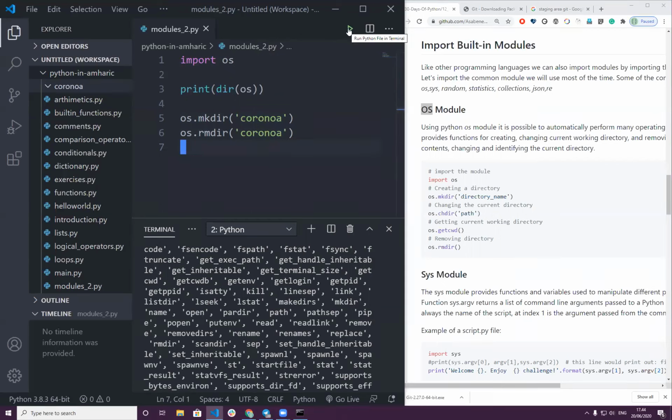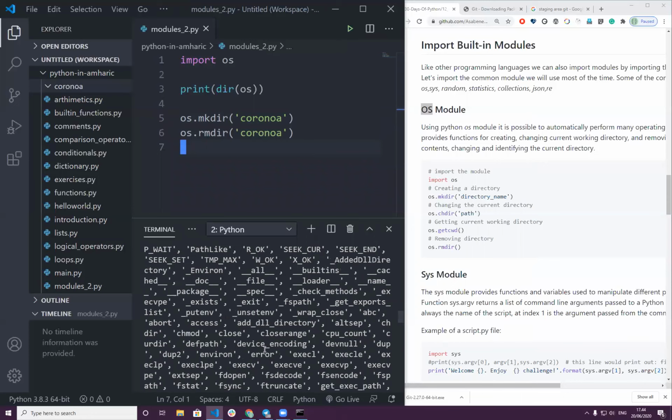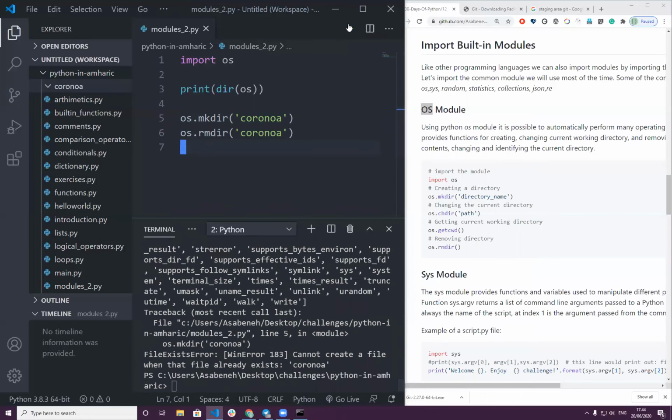I have to run that. What's the difference? It should be deleted, right? Do I make any typo? Remove there. I think the folder should be deleted.